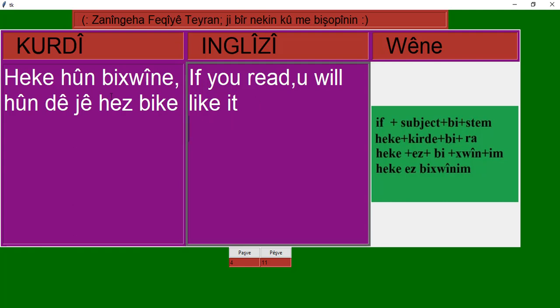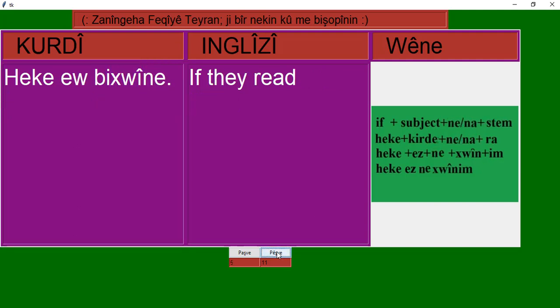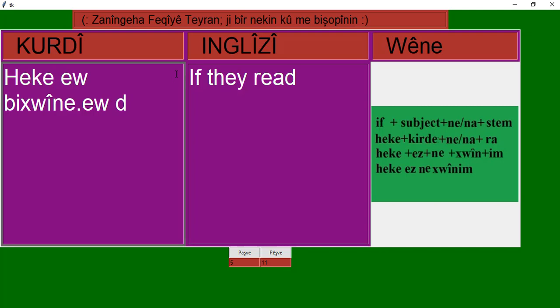Here, if you read, you see it's still the same thing. We put b in front of the stem and it comes accordingly with the subject, which is hun. So continue. It means they, if they read, they will be something. Let's get this as study. If they study